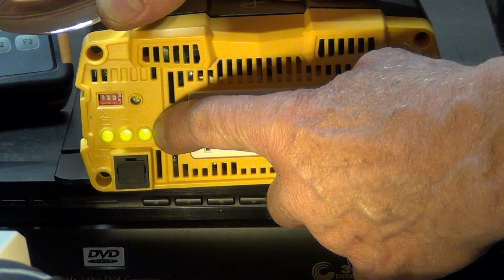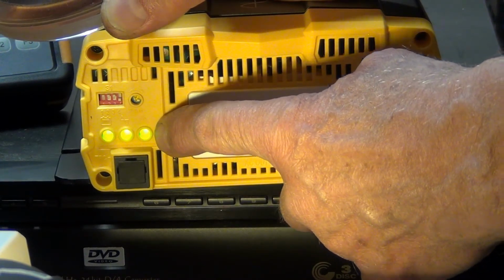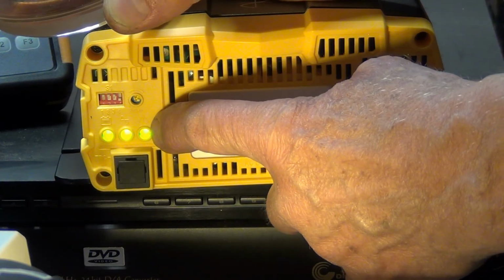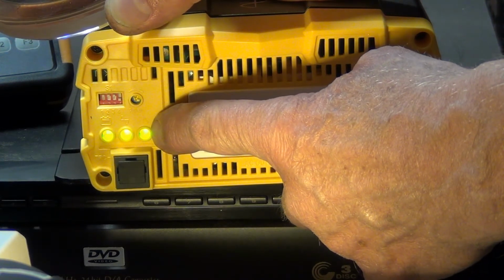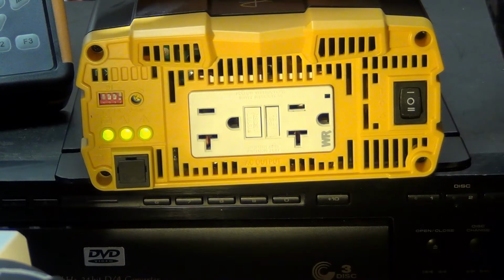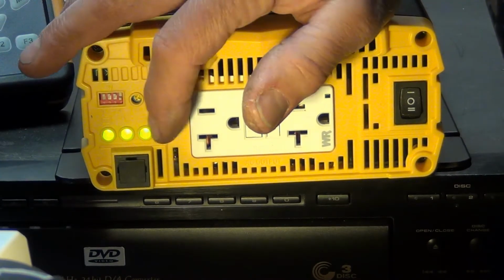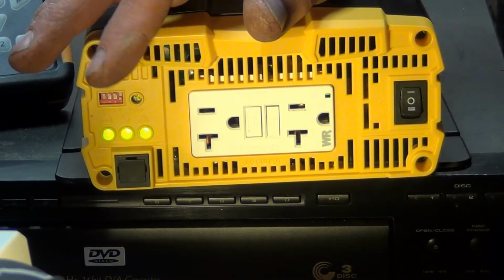And if you're gonna load it up to 1000 watts, well, we can actually test it. That's not a problem either. But it will turn red, and it will go into the overload for maybe a second or two, and then it will shut off. Okay. We will get into it, but we can get back to this when I put some load on it. But let's get into these